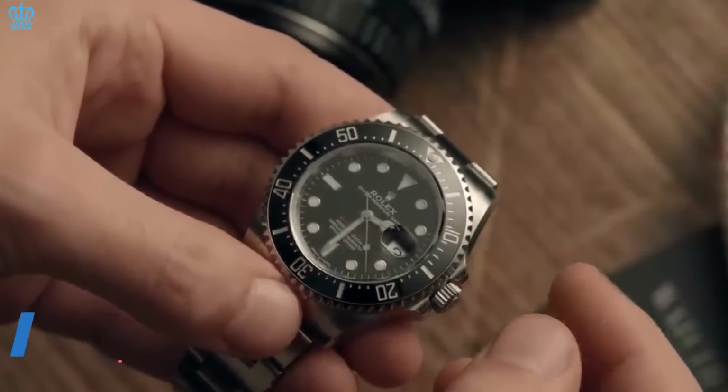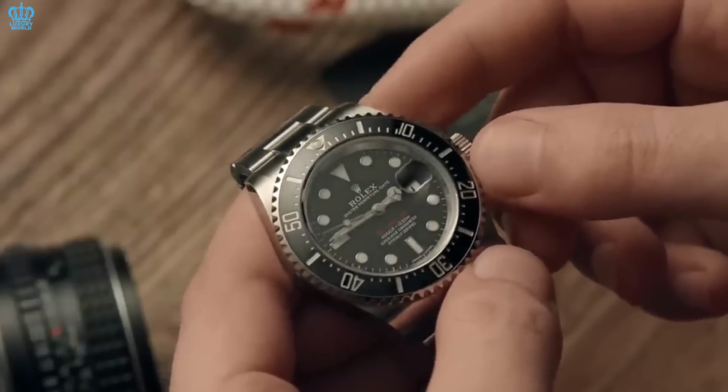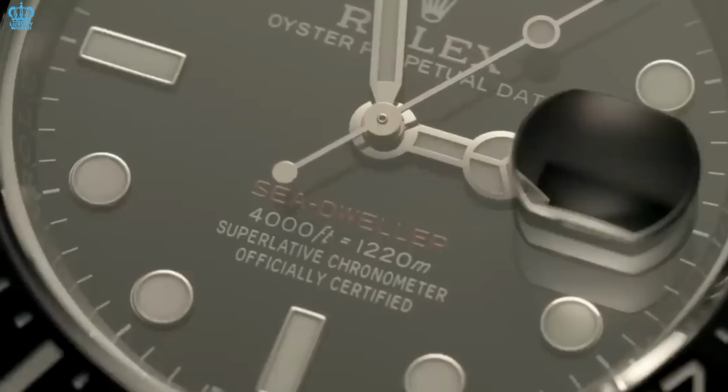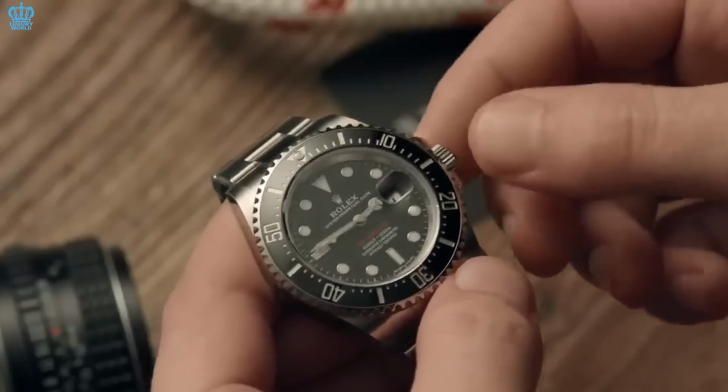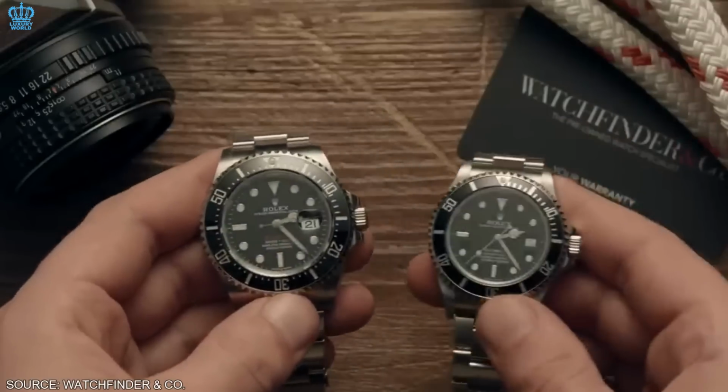Rolex Sea Dweller. The Rolex Sea Dweller is a diving watch that does not always get the attention it deserves. With its bold 43mm case, matte dial, and striking red text, the Sea Dweller makes a statement on the wrist. While its large size may be intimidating to some, it is a watch that commands respect with its robust build